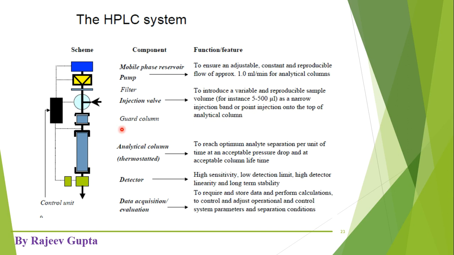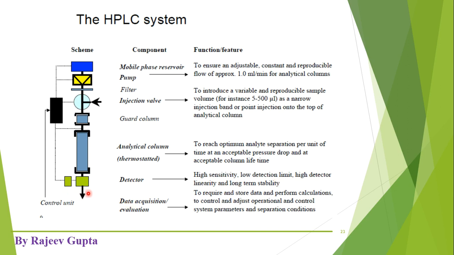Okay. Now after that we see the guard column, which guards our analytical column from any impurities present in our sample or in our mobile phase. Then this analytical column, in this analytical column, various sample components are separated accordingly. Then the various sample components will reach the detector, and these very highly sensitive detectors will detect very low concentrations of these sample components, and after that